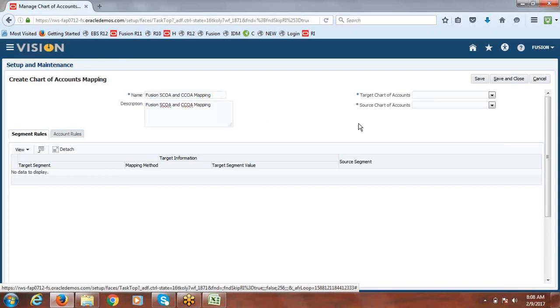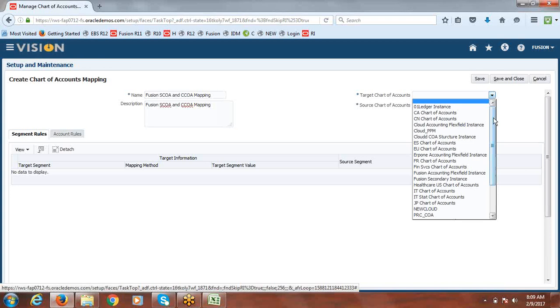And here we have to specify a target and a source chart of accounts. Target means consolidation ledger chart of accounts. Whatever chart of accounts we have for our target, nothing but consolidation or say parent ledger related, that you have to select here.